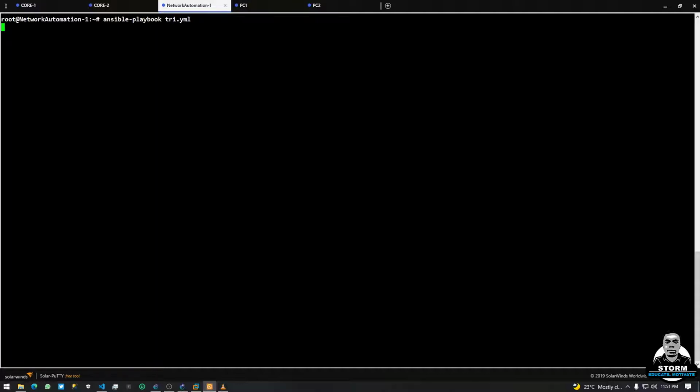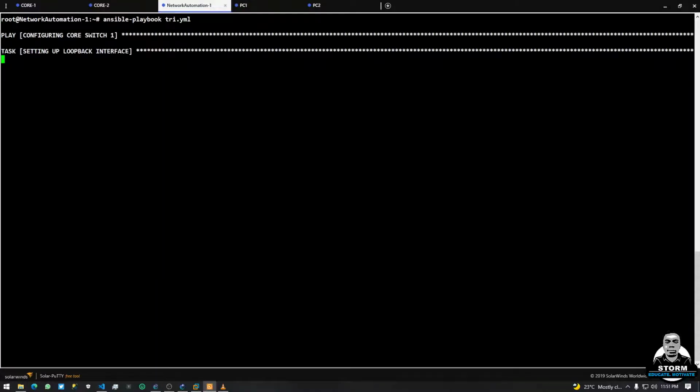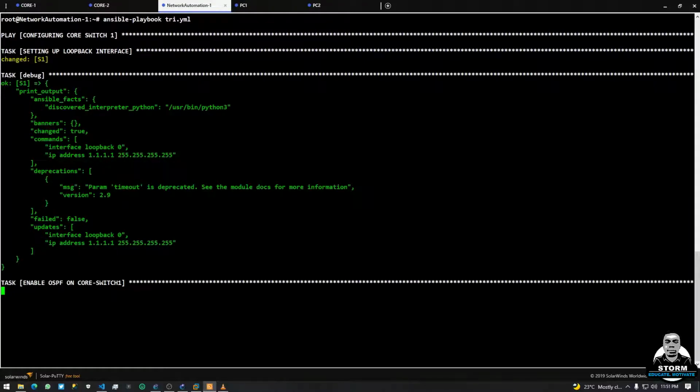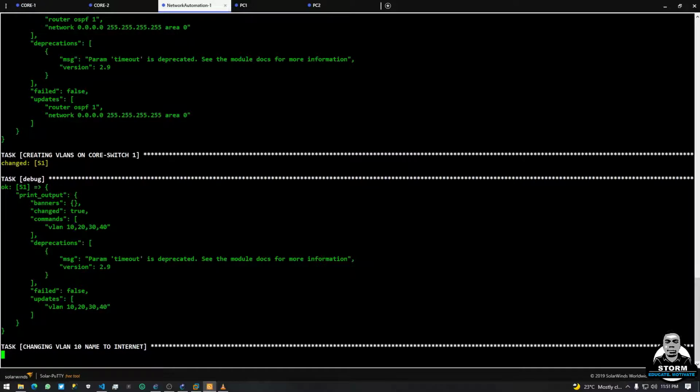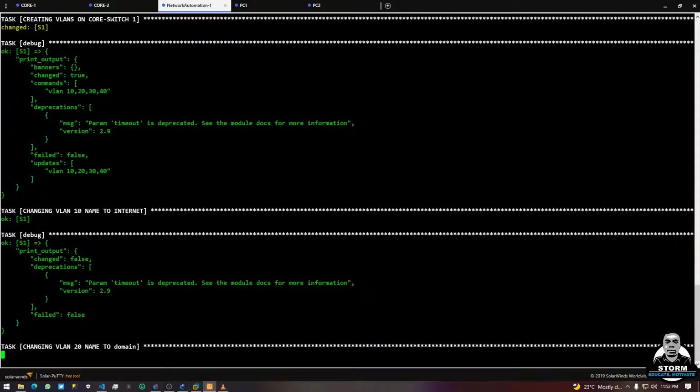As you see, it's going to configure the switches. The first play is setting the loopback interface, as we went through in the text editor where the commands were, and now we are doing a live configuration. As you can see, the output has been debugged. Now we are moving on to OSPF. The interface has been set on core switch 1. OSPF has been configured on core switch 1, and as you can see, failed is false on core switch 1. We are now changing the names to their respective names: